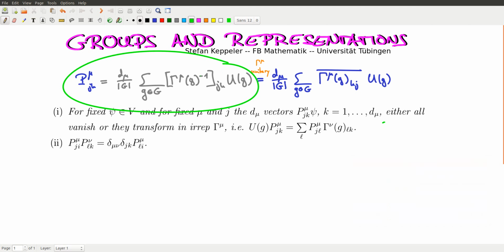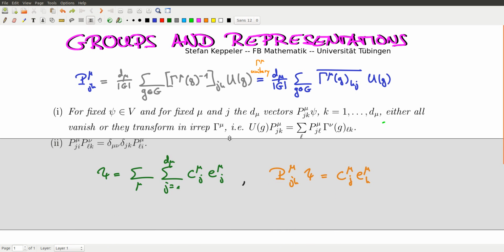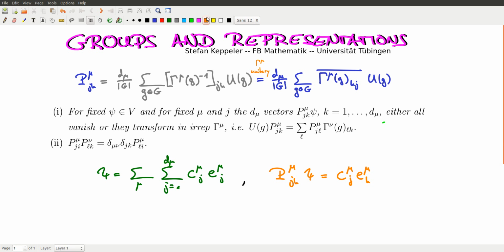Here's how we defined our generalized projection operators, and now we always use unitary irreps. So instead of this gamma inverse here, you can write a gamma complex conjugate with the indices here swapped. Now, last time we showed that if we apply these generalized projection operators to some psi in our vector space, and